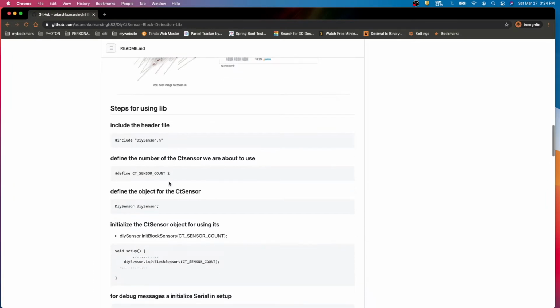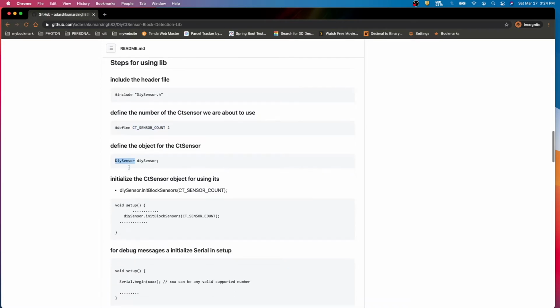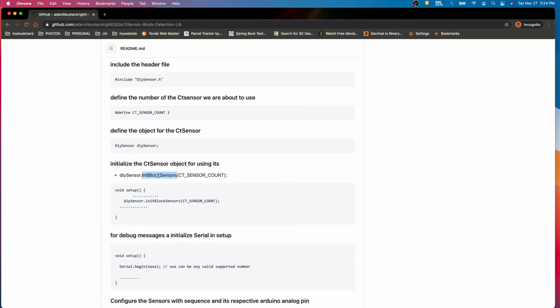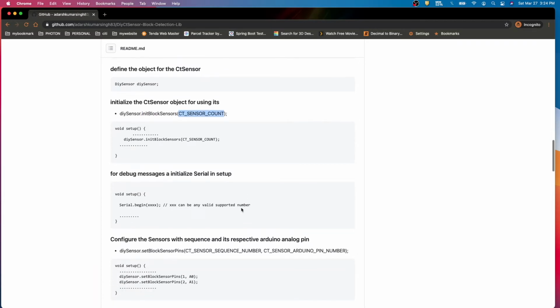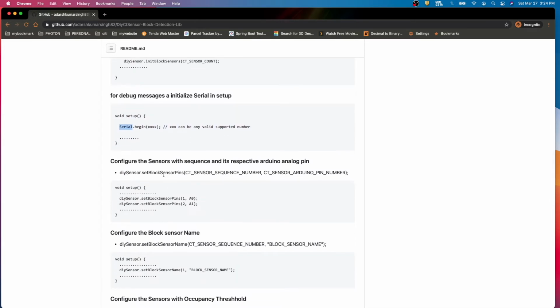It's very simple. Just include the header file, define the number of current sensors we want to use, and create the object of the DYA sensor. Then initialize the block sensor, passing the number of sensors. For debugging messages, we can initialize the serial monitor. Then we have to set the block sensor pins.